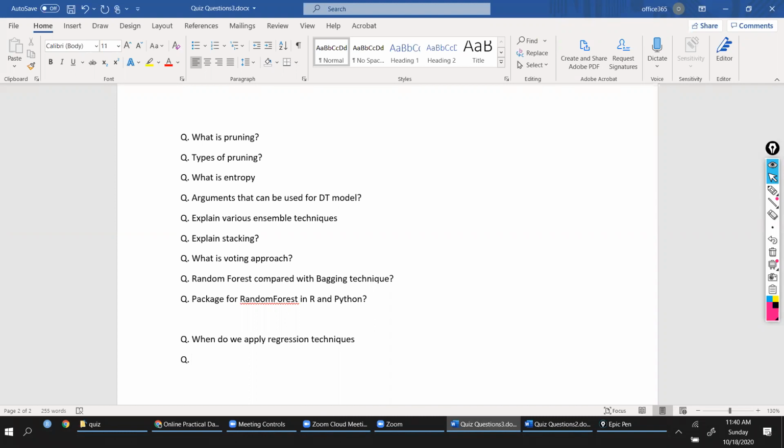Right? Then what regression technique we apply when output variable